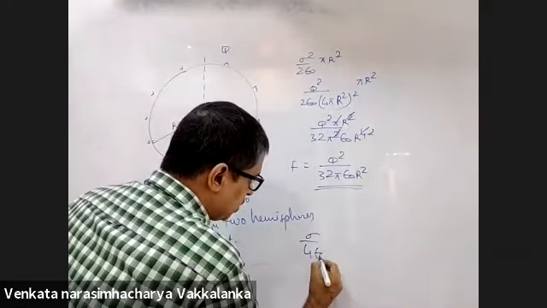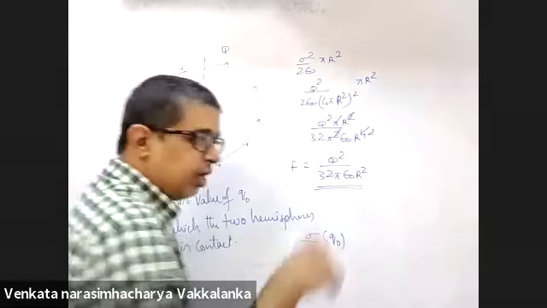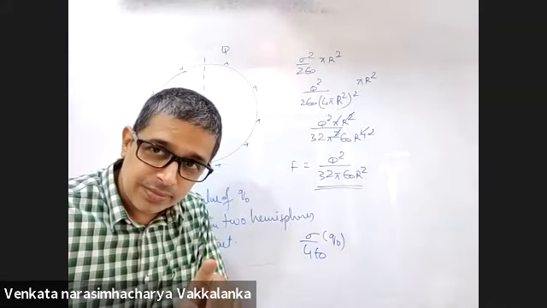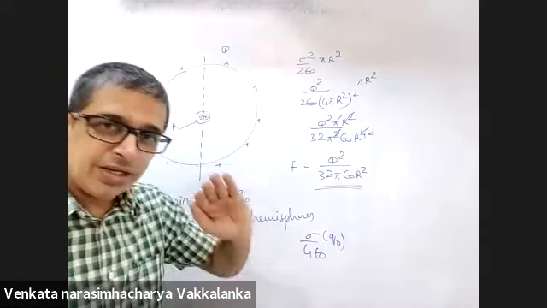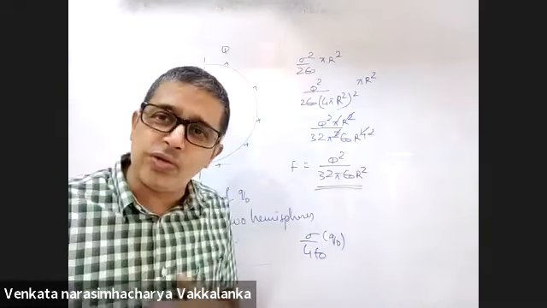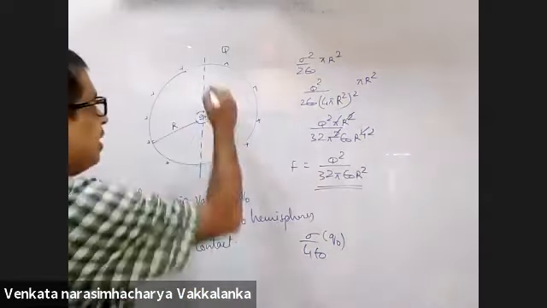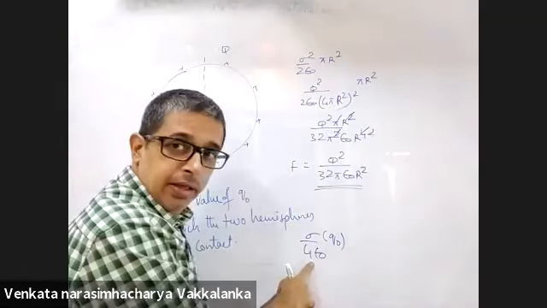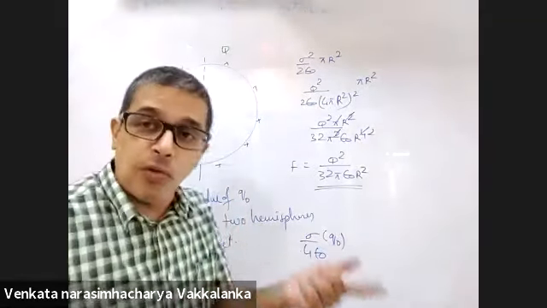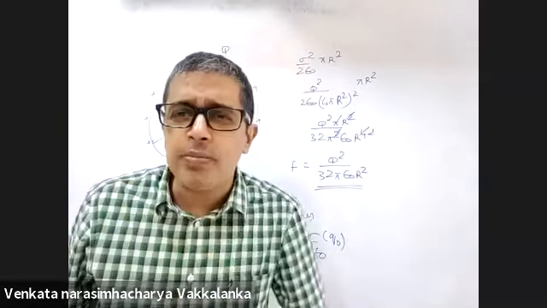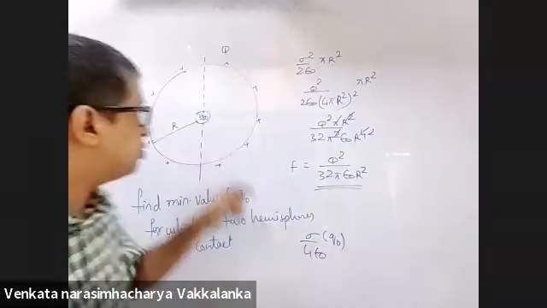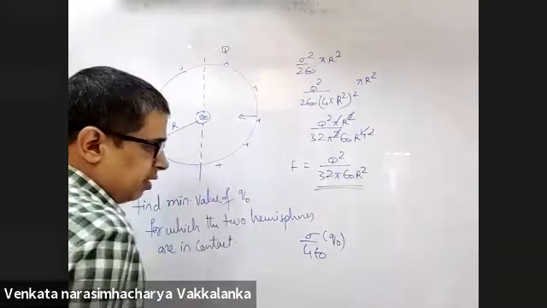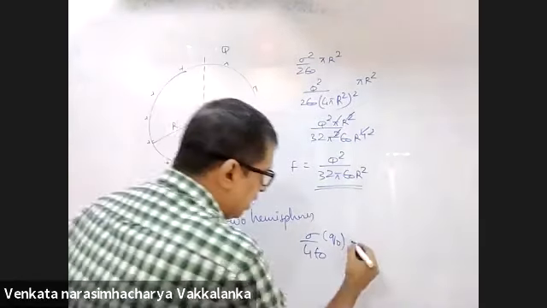Sigma by 4 epsilon naught into q naught is the force on q naught due to one hemisphere. Right? Q naught will exert equal and opposite force on the hemisphere. हेमिस्फीयर के वजह से आपने आज के क्लास में यहाँ फील्ड कैलकुलेट किया. फील्ड इनटू क्यू नॉट आपको फोर्स आ गया, बट दैट इज द फोर्स ऑन द चार्जेड पार्टिकल. न्यूटन्स थर्ड लॉ विल कम टू माय रेस्क्यू. Charged particle will exert the same force on this in the opposite direction. So this should be greater than or equal to this.